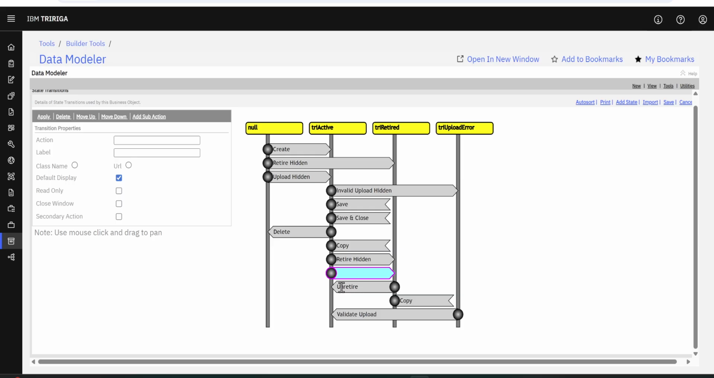Right now this action has no value. So let me say that the action name is activate, and the label will be activate maybe, yeah. And default display I will keep on, and then you click on apply here, and then finally save. So once you do that, you can see here that this action is there,